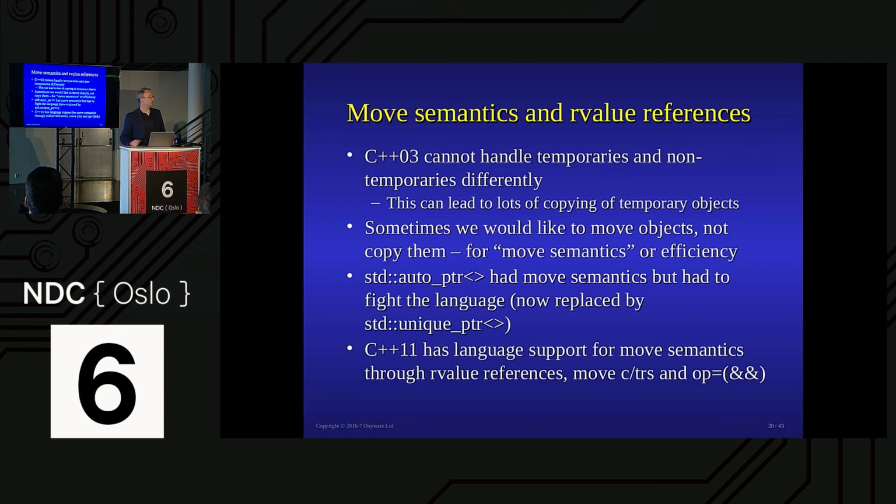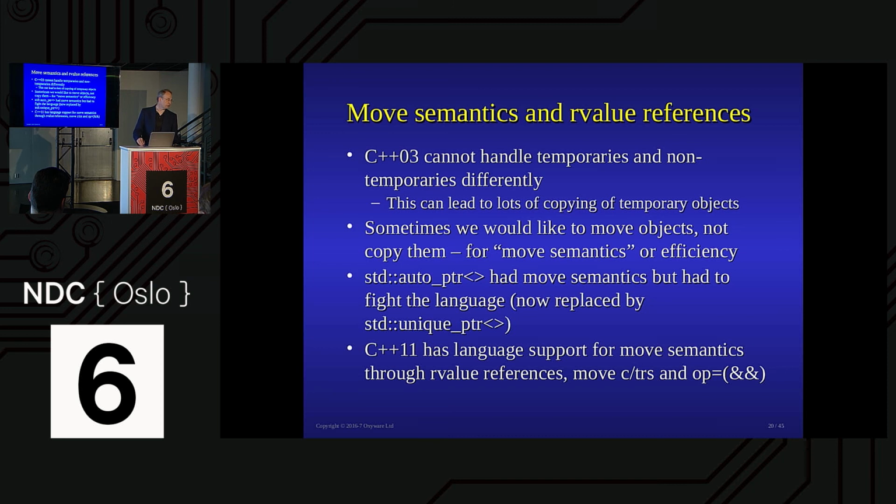Move semantics. This is C++11 stuff. C++03 couldn't tell the difference between temporaries and non-temporaries. So if you do string 1 plus string 2 plus string 3, you're creating temporaries. You're allocating memory, potentially, depending on the SSO. You may be allocating memory and then just changing this temporary and changing this temporary. You've got a lot of stuff going on there. And you couldn't say, actually, I want to take this temporary and modify it. You also couldn't move it. You had to copy the temporary in the end. So that was nice and slow.